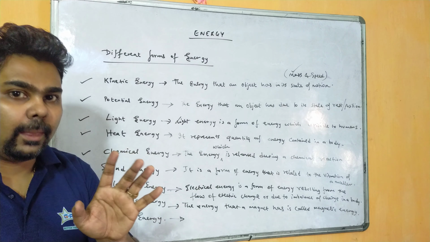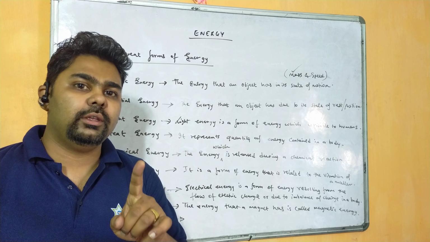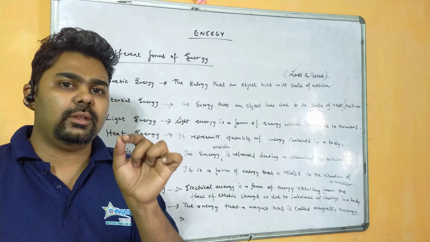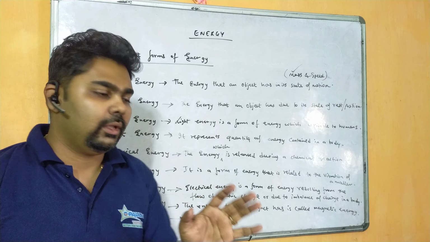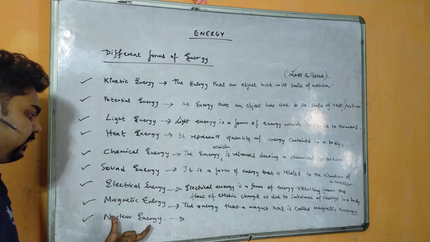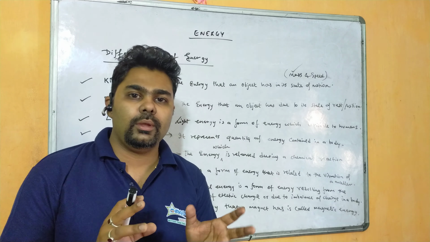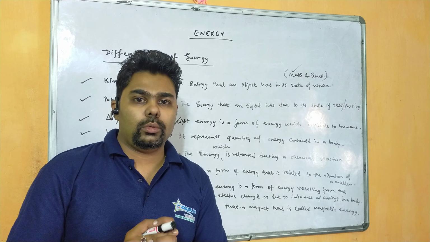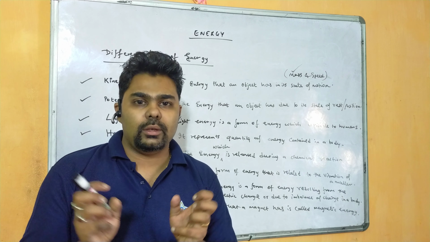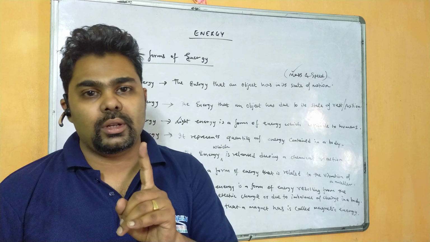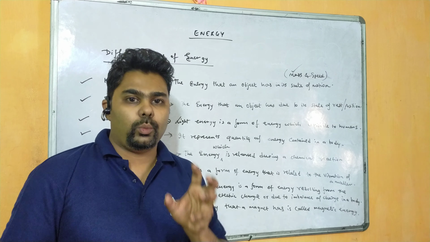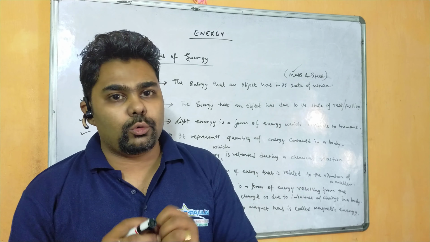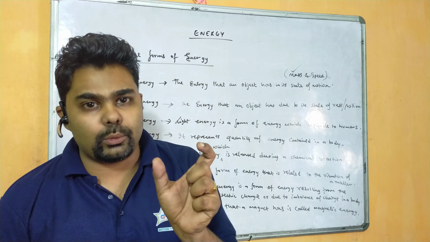Okay, I repeat, the energy possessed by the nucleus of an atom, or we can say in a simple sentence, the energy that a nucleus has in an atom is called nuclear energy. Now how to get this nuclear energy? We can get this nuclear energy either by splitting or by fusion. When many nuclei combine to form one single nucleus, that is called fusion. But when a single nucleus of an atom splits, that breaks into many smaller nuclei, then we consider that to be